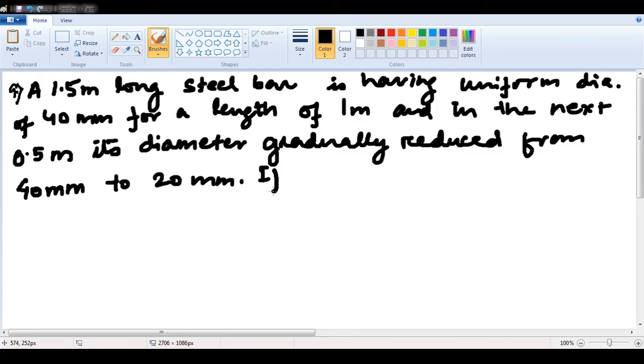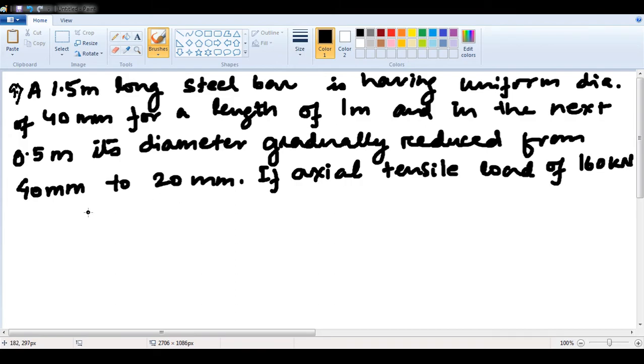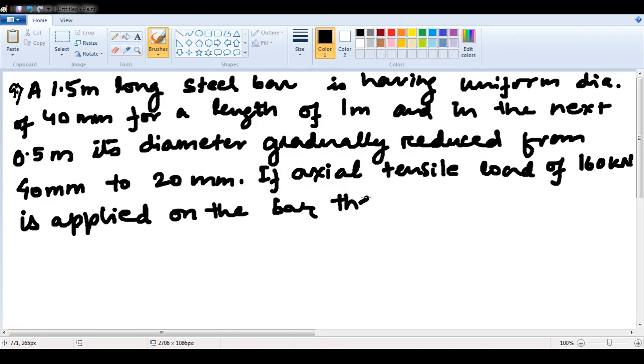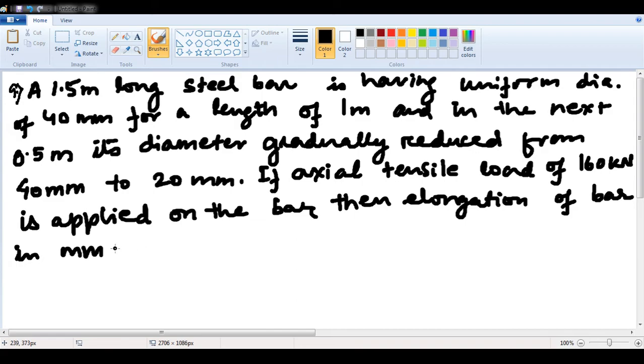If an axial tensile load of 160 kilonewton is applied on the bar, then the elongation of the bar in mm is how much? Where the value of E is given as